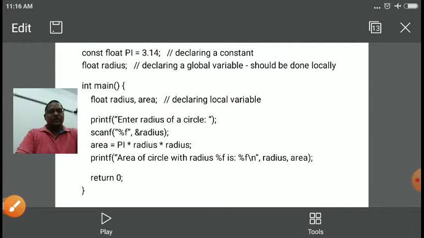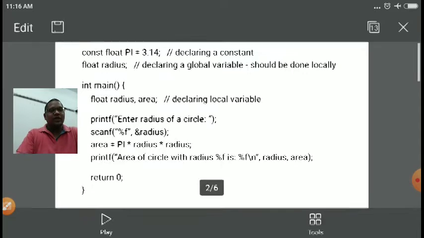So when we execute this program, it will take the first input as radius from the user. After that, it will calculate this particular formula, putting in the value of radius taken from the user, and then it displays the value of area. So here we are using two variables. First is radius and second is area. A variable is nothing but something holding a value which can vary throughout the program. So this is all about the variable.